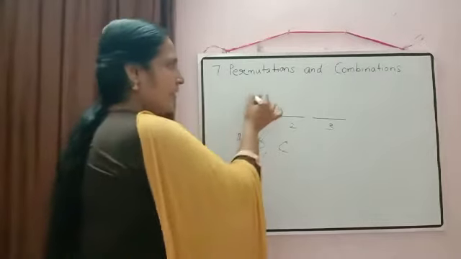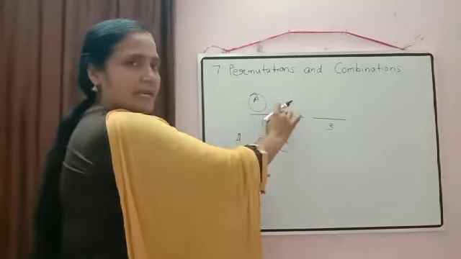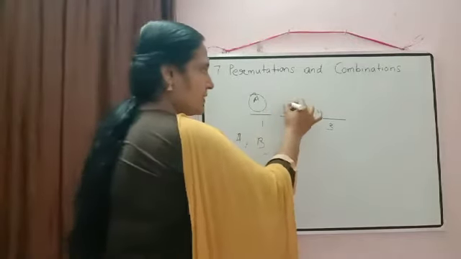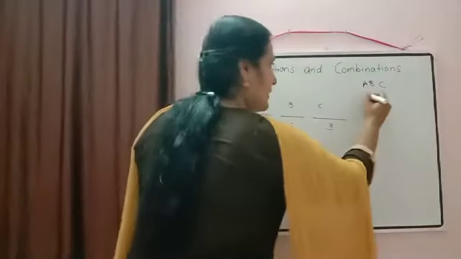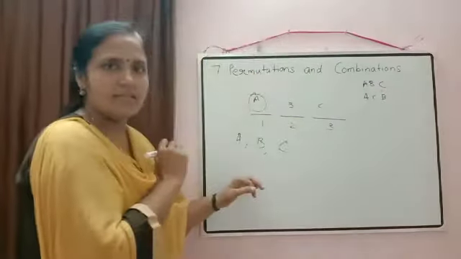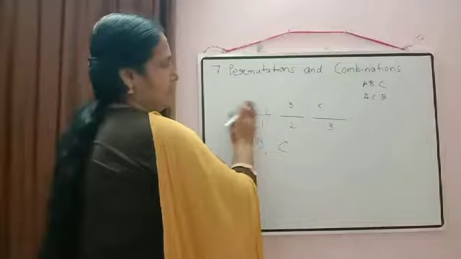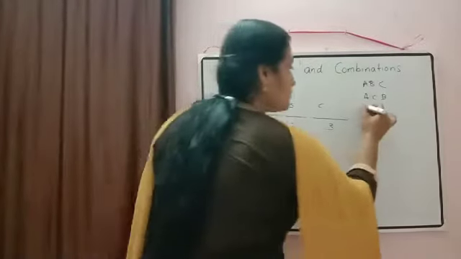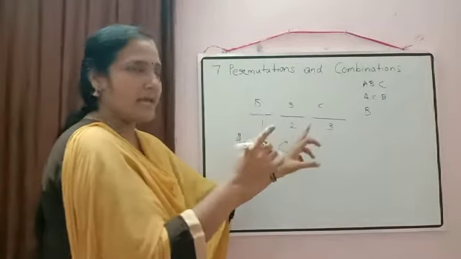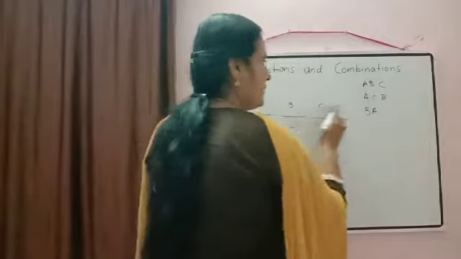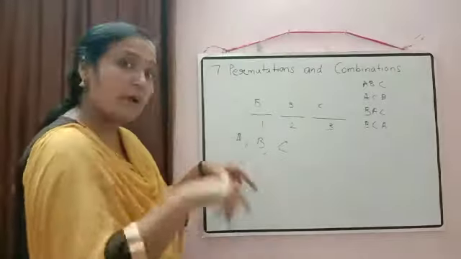First option is A is fixed now. I am keeping A here only. Now the option is either B can sit here or C can sit here. So the first arrangement we got is ABC, or it can be ACB also. In this way we can arrange. Now I am saying that first B only will sit here. So first place goes to B only. Then in second and third place who can sit? A and C. So either A in second place, then C in third place, or C in second place, A in third place.